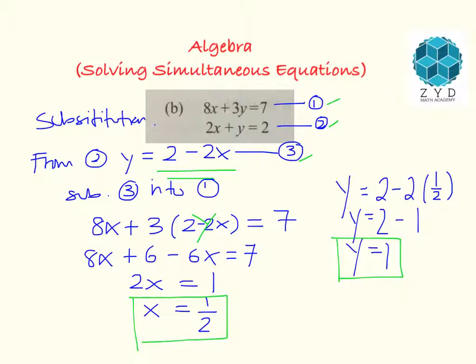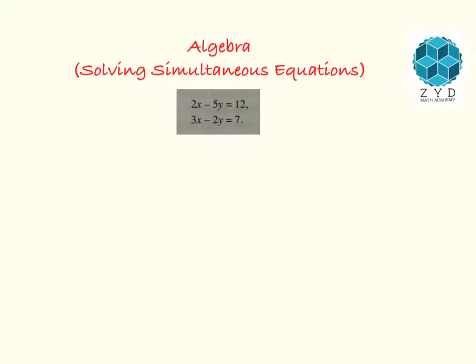I have one more example, which is for the elimination method, on the next slide. As the name goes, elimination means we have to eliminate something. In this context, we are supposed to eliminate one of the variables, either x or y. It is up to us which one we want to eliminate. For me, I would like to eliminate the variable x, and how we do it is by identifying where the x terms are. This is my x and this is my x, and we have to make them into the lowest common multiple, the LCM